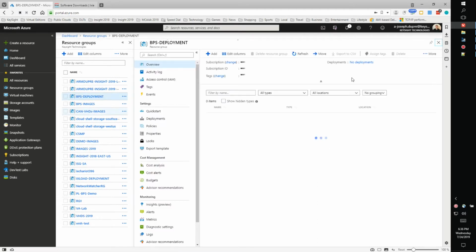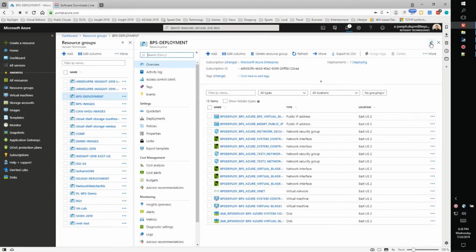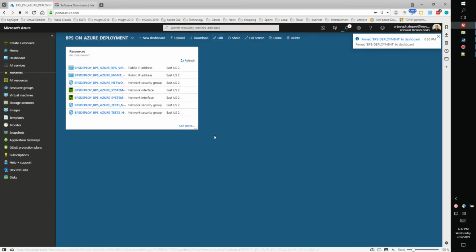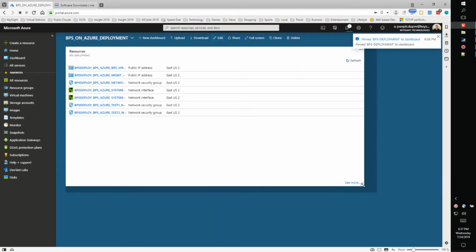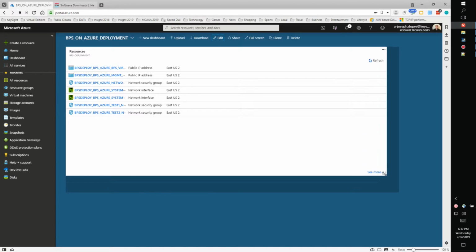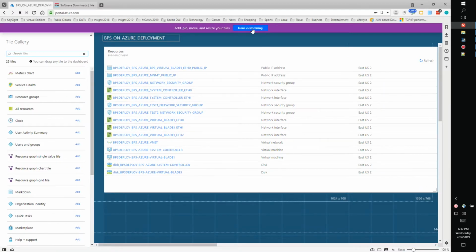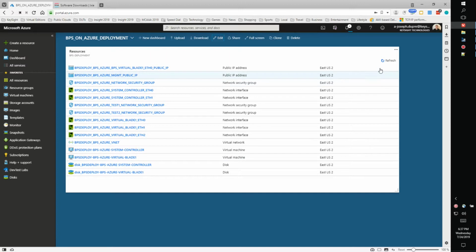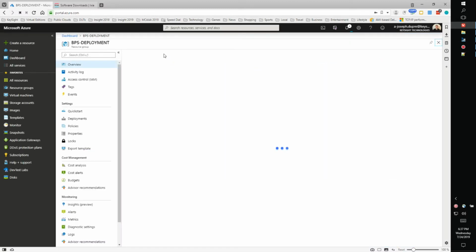Let's go ahead and pin that to our dashboard. Okay, if we go back to our dashboard, it's kind of a handy place to keep widgets and statistics and things that you're going to use a lot. So if we're going to use this environment quite a bit, you can even refresh things here and see what's being built. Okay, the other thing I want to do is go back to the resource group,